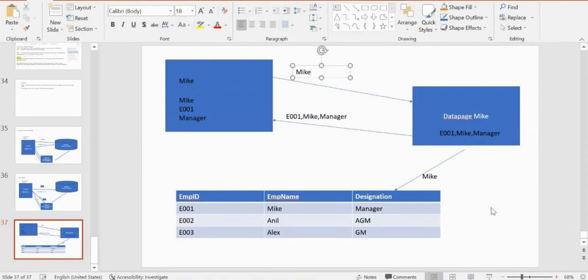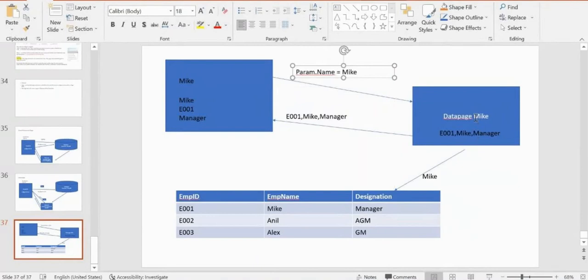Instead, you send Mike as a param value, param dot name, so that whenever you send Mike, it will send Mike's details. If you want Anil's details, Anil's details will come. If you want Alex, Alex's details will come. So this parameter will be sent to the data page.